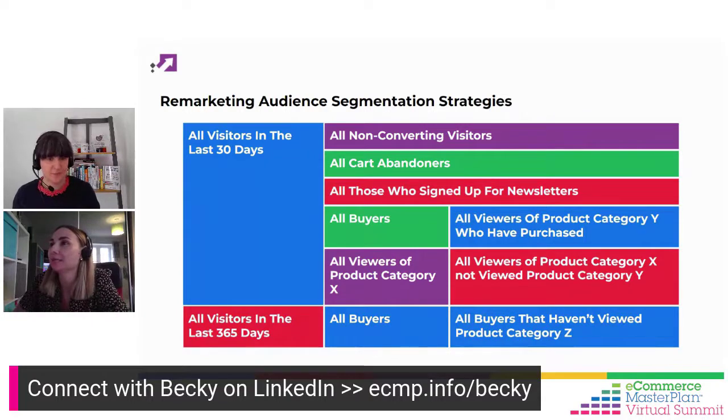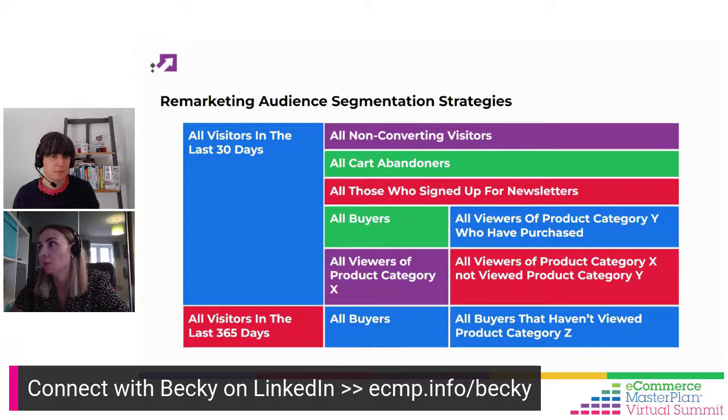Yeah, so let's say you started with all visitors in the last 30 days because you didn't have enough traffic to begin with and you were just going broad. If that wasn't working so well, the thing here would be to niche down and go, okay, rather than all visitors, let's go for those who are further down the sales funnel. Let's go for the cart abandoners, for example. So it's about slicing these audiences as much as you can. It is a challenge because you do need at least 1,000 people in these segments. So it really depends on how much traffic you've got going to various pages. But just think about how you can be more selective.